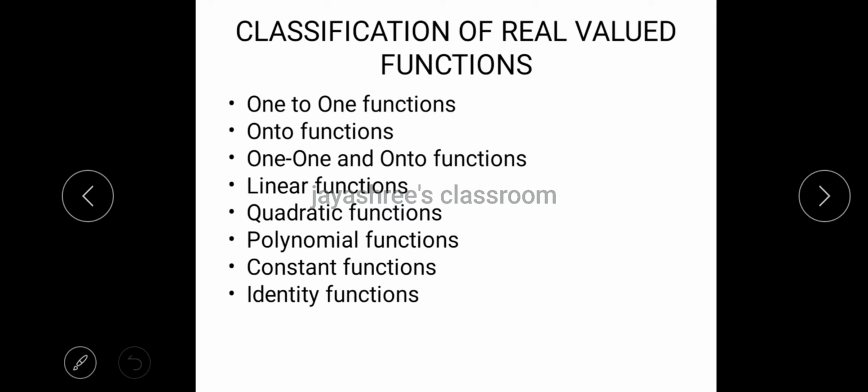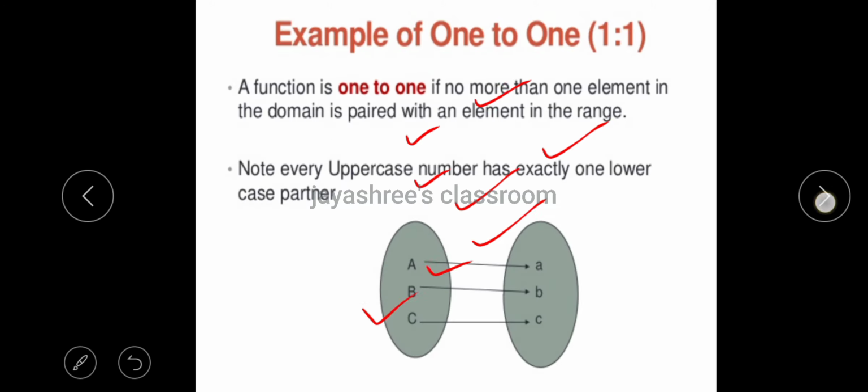We have a variety of functions, but here I am discussing only a few functions: one-to-one function, onto function, one-one and onto functions, linear functions, quadratic functions, polynomial functions, constant functions, and identity functions. First, consider one-to-one function. A function is one-to-one, or we can say one-one, if no more than one element in the domain